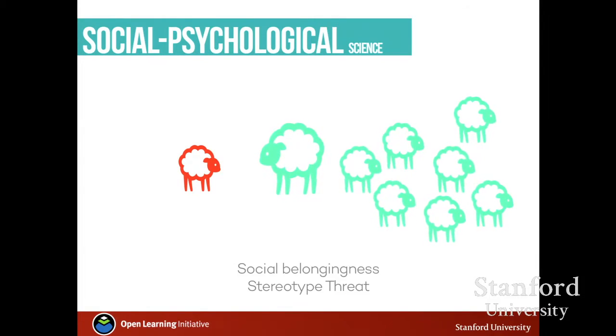And then also issues of social belongingness or stereotype threat, which I don't have enough time to go into in depth, but let's say other factors you need to look at when you're looking at the learner as a whole person. I'm curious, are you modeling the level of stereotype threat that someone's experiencing?